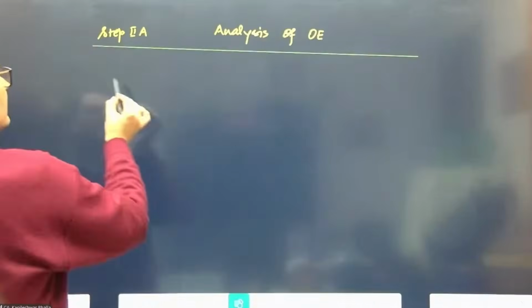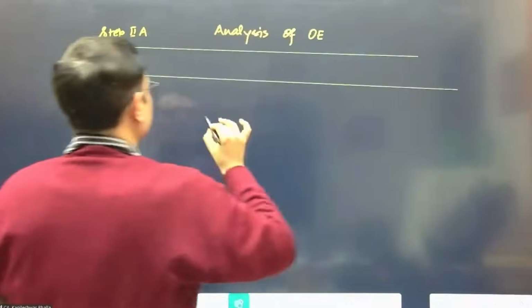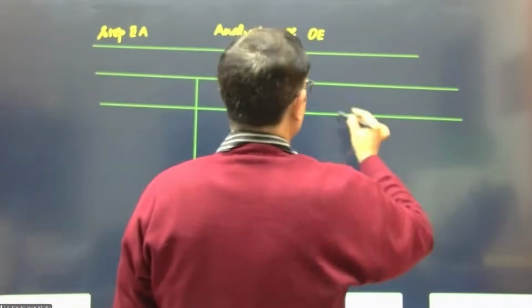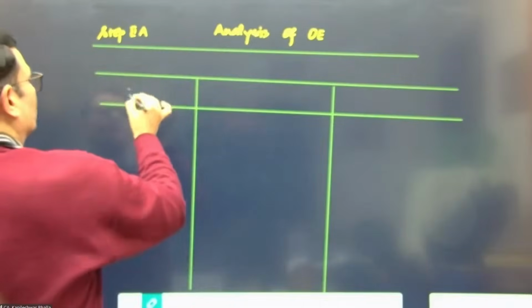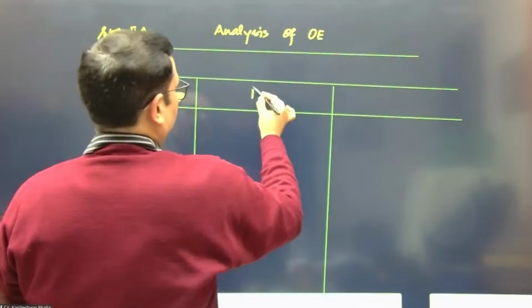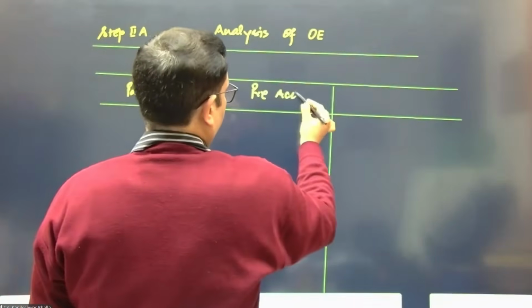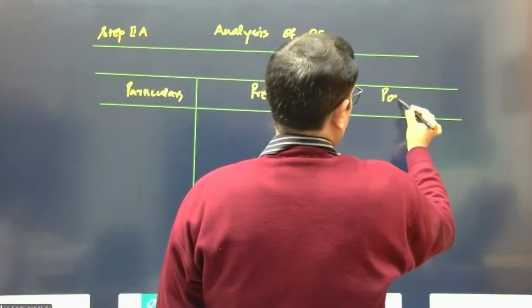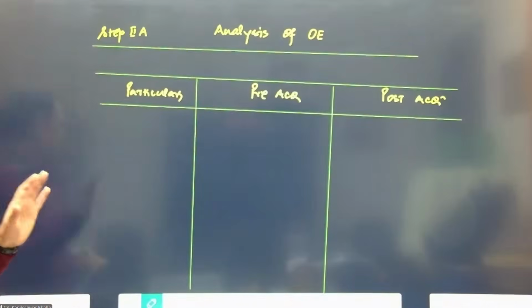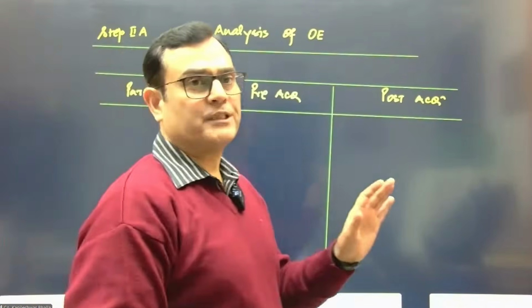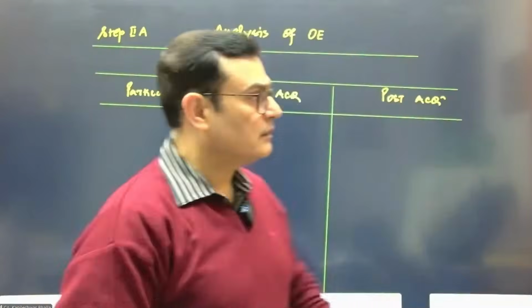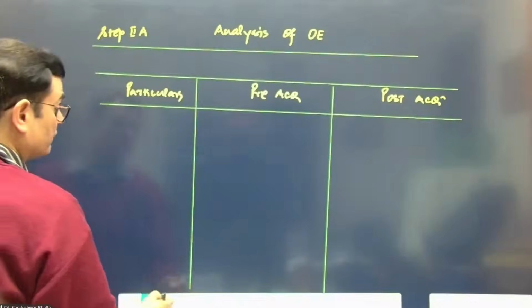Now, when you consider the analysis of equity, there are going to be a total of 3 focus points. So at the first instance, you will define the pre and post acquisition. So we will define what is pre-acquisition and what is post-acquisition. You'll define this in terms of dates, of course, that would be defined. You need to tune your mind that when you do the analysis, there are going to be a total of 3 focus points. Focus point number 1.